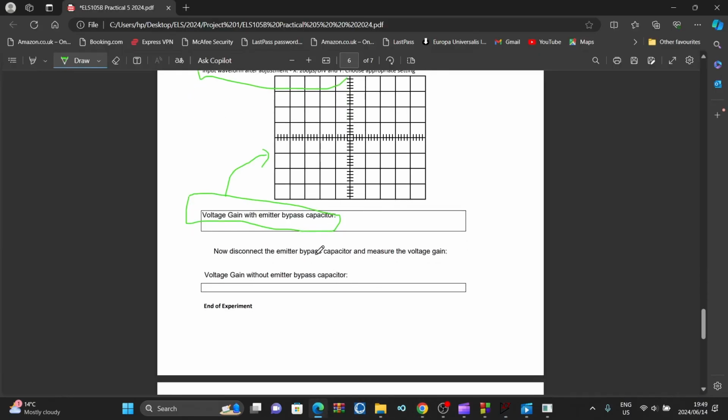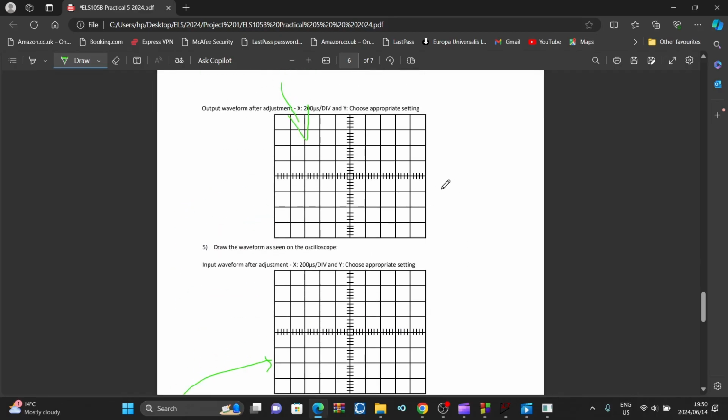Now you disconnect the emitter bypass capacitor, or voltage gain with emitter bypass capacitor. This graph should be without. I'd recommend you do a graph without bypass capacitor, then you write with bypass capacitor. So for your overall gain, just remember your formula should be V out